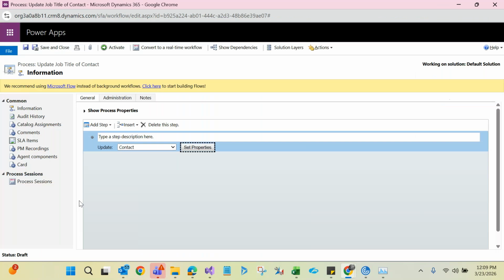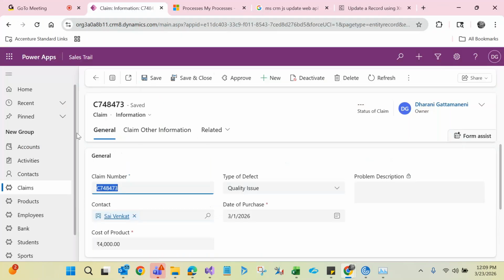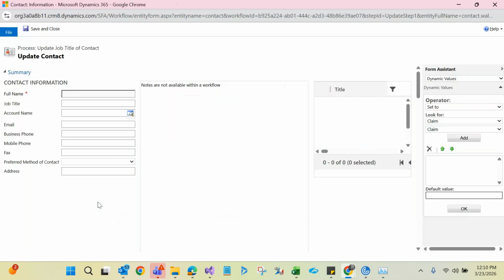whatever the claim number which we have here on this particular record, we have to pass the same claim number to job title. You have to pass a dynamic claim number. So whatever the claim number which this particular claim record is having, the same claim number you have to dynamically pass to this particular contact job title. I'll show you how to dynamically pass. So here you need to update the job title, and this job title should get updated with claim number. See here,